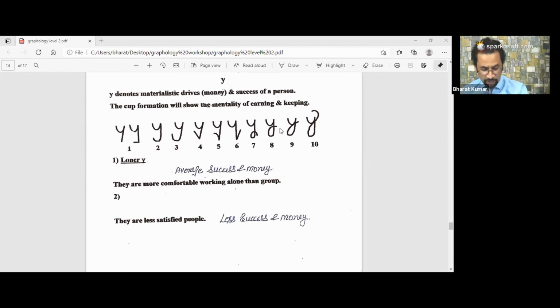What about the ninth one? They always try till the end. They will never give up. Ninth ones are those people who will never give up. They are happy and satisfied people. They are successful people. They will fight till the last breath. And tenth